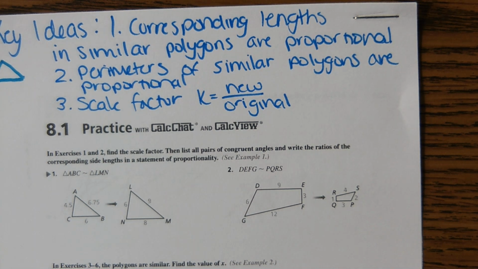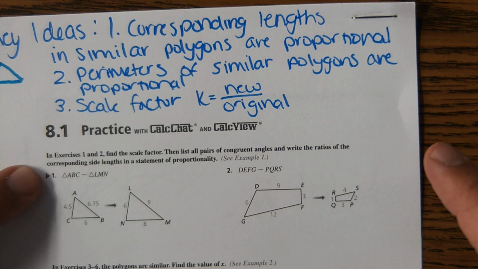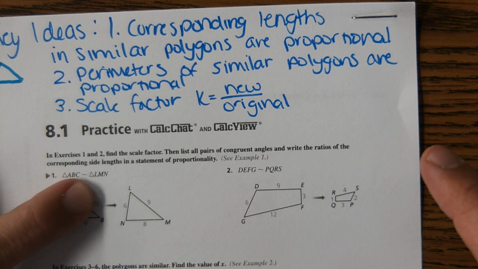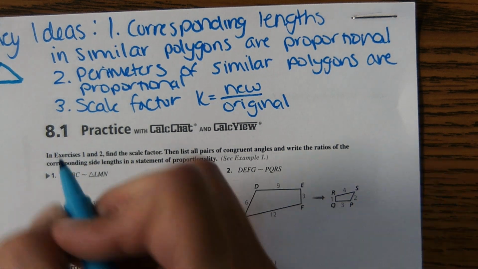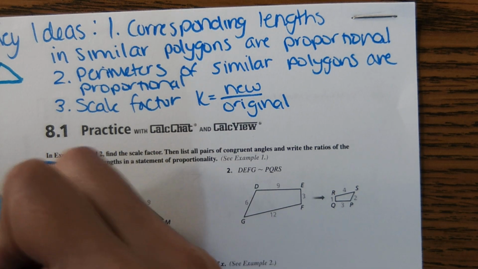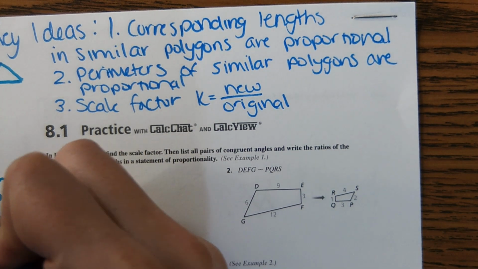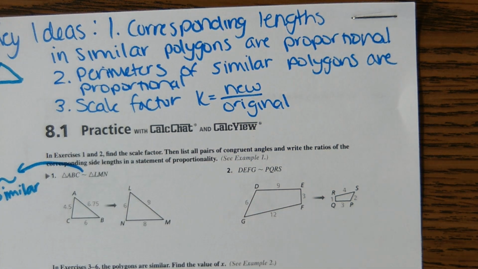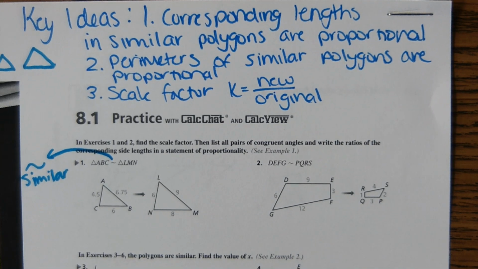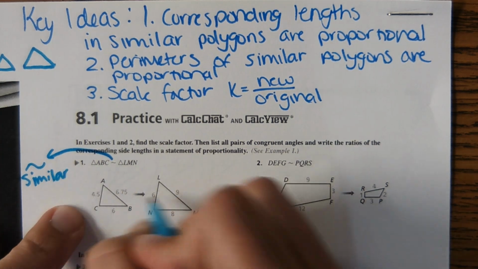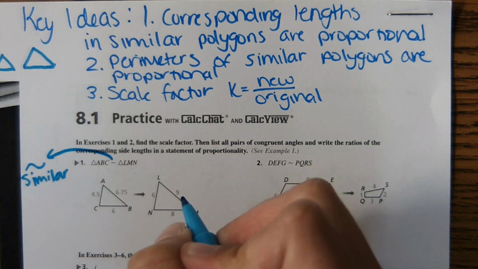So here for number 1, it says triangle ABC is similar to triangle LMN. That little squiggly line means similar to. So it means that the shapes aren't congruent, but they're proportional. Okay, and what else about similar shapes? They don't have identical sides, like the sides aren't congruent, but they are